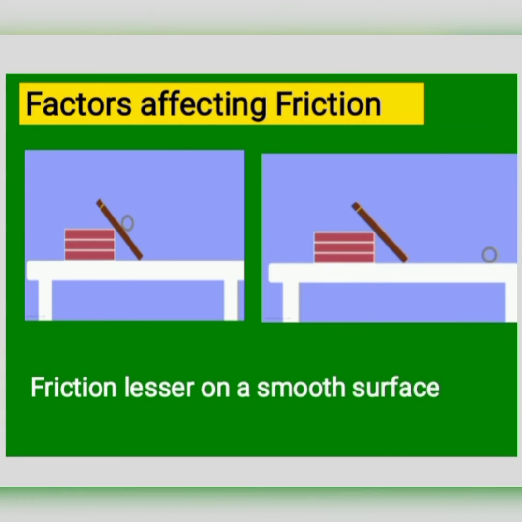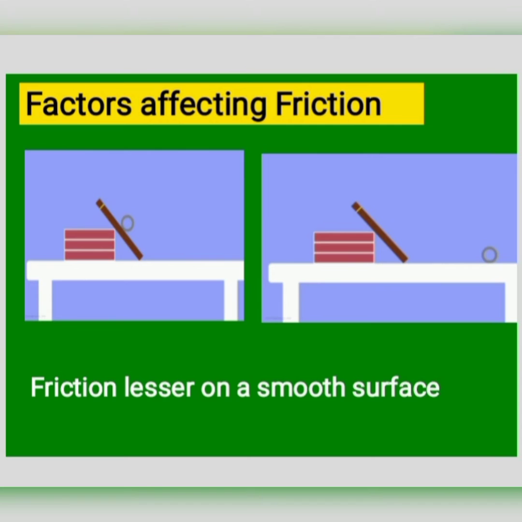Now let us study what the factors affecting friction are. We are going to perform another activity. Make an inclined plane on a smooth floor or on a table. You may use a wooden board supported by bricks or books. Put a mark with a pen at any point A on the inclined plane. Now let a ball move down from this point. How far does it move on the table before coming to rest?